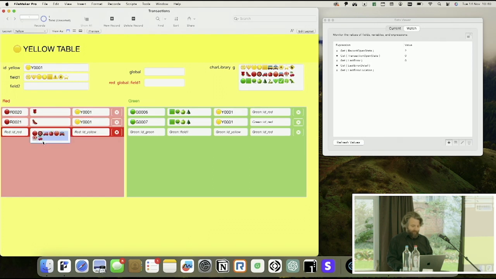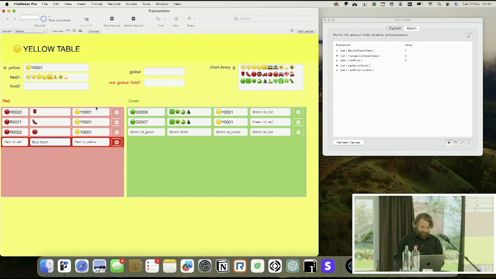I hope you like my emoji new style of making demos. Well, anyway,